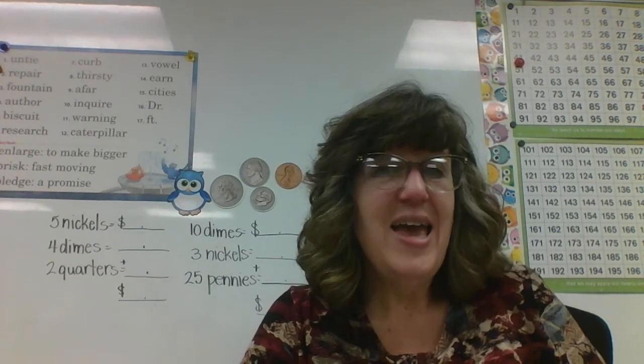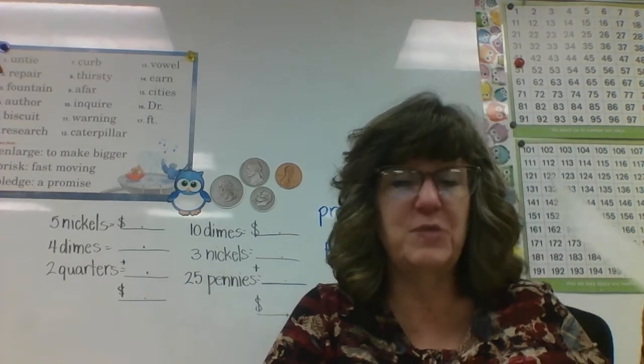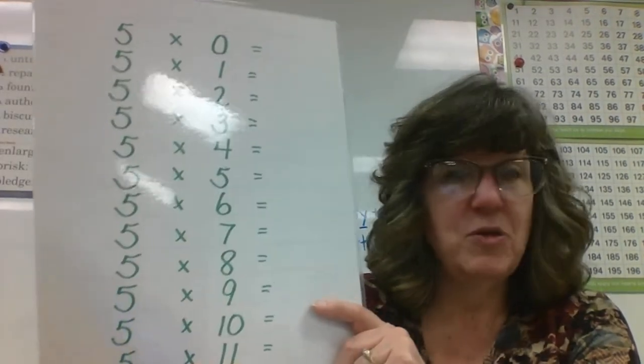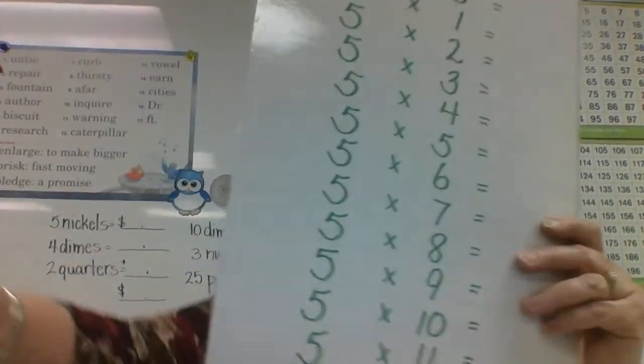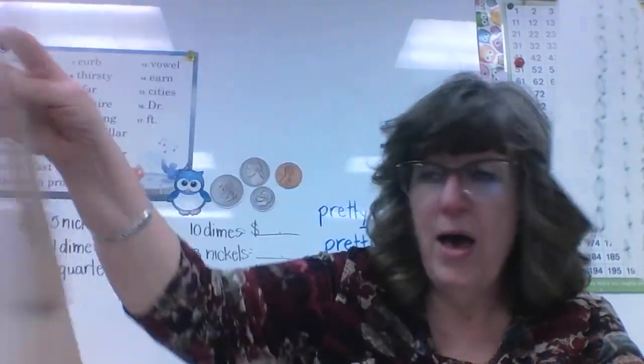Today, we are going to do a review of our 5 times family. Okay. You practiced these yesterday. 5 times are so simple. It's just counting by 5s. Remember, it's just like using the hands on the clock. We're counting by 5s. So it's